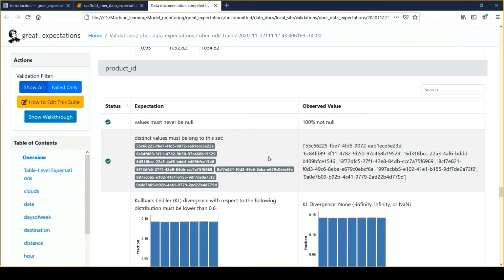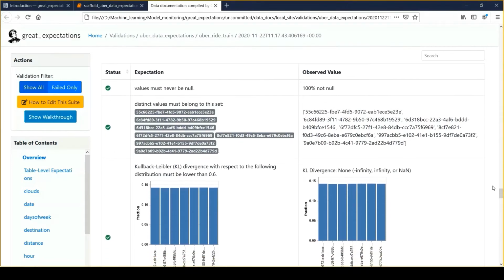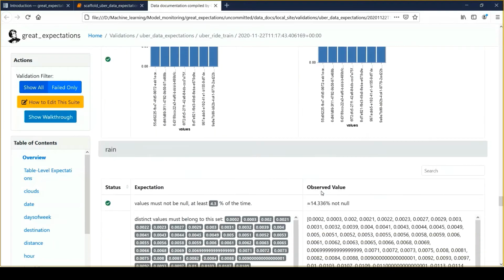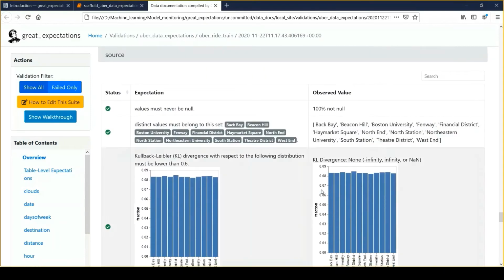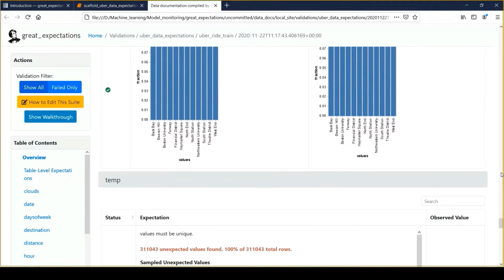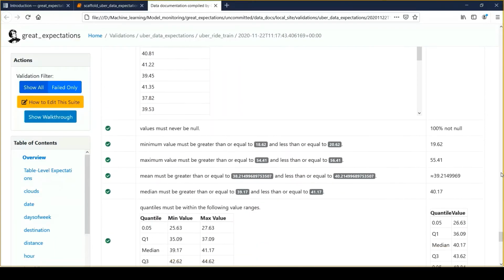And in case, due to some reason, in production live traffic we get a new product ID, then my drift check process would be able to identify those changes, raise an alert, and probably trigger different processes for model retraining, right? So product IDs. So you get an idea. These type of validations or expectations, Great Expectations will provide.